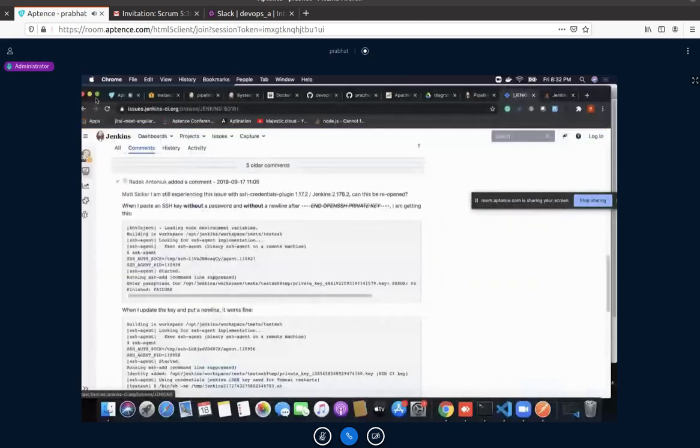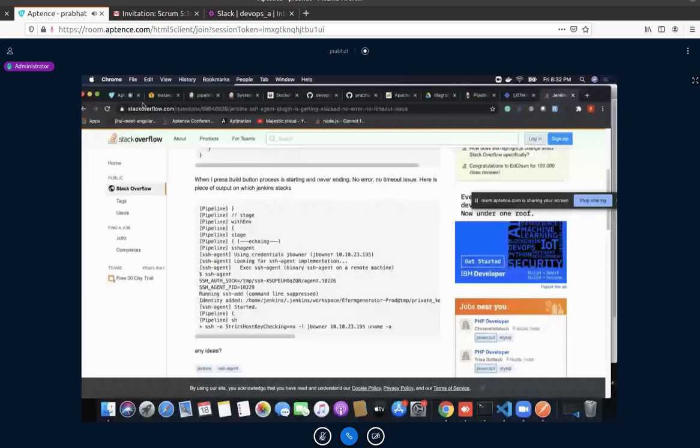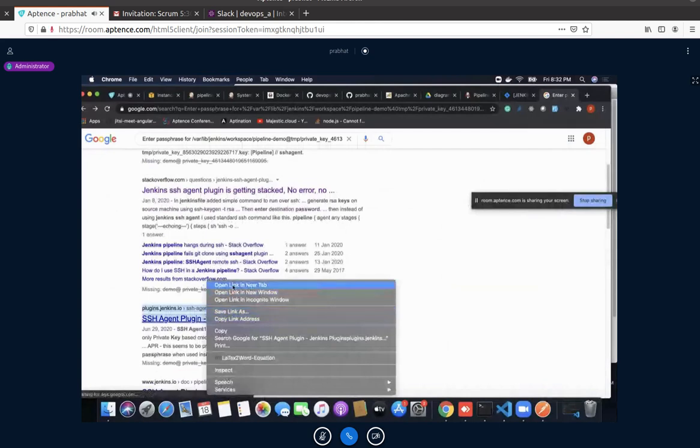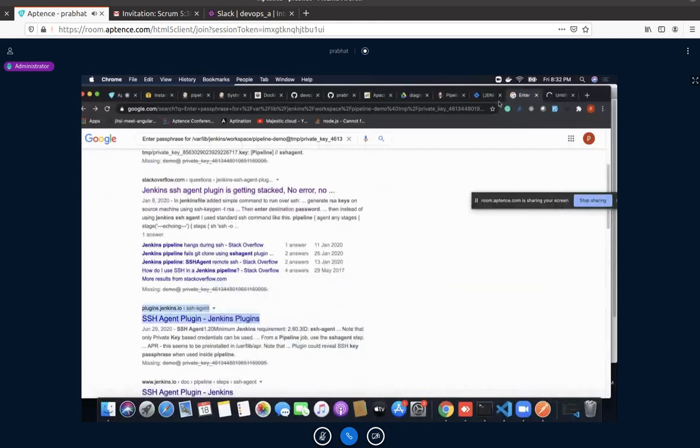See, multiple persons are providing different solutions. You'll have to be smart, when you understand what solution would be perfectly fine. See, it was working earlier, but now a lot of guys are facing this kind of problem. That means either this plugin has been updated or Jenkins has changed their philosophy.